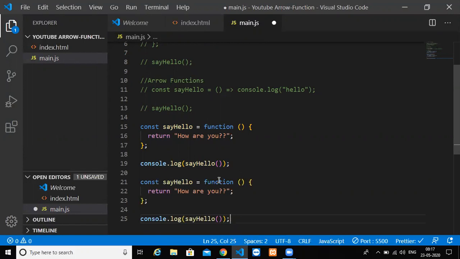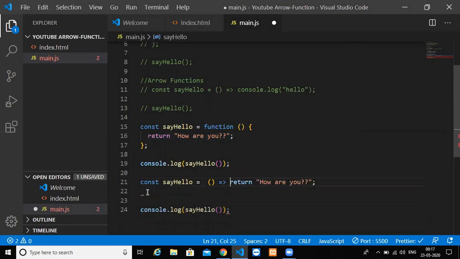And the first change is what you guys have to do. You have to remove the function keyword. Add an arrow, or a fat arrow, after that, and see whether you have only one line in the function body. Of course you have one line in the function body. So remove this and remove this, and you take this here and see the changes.